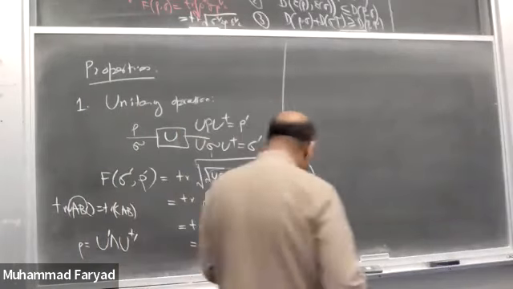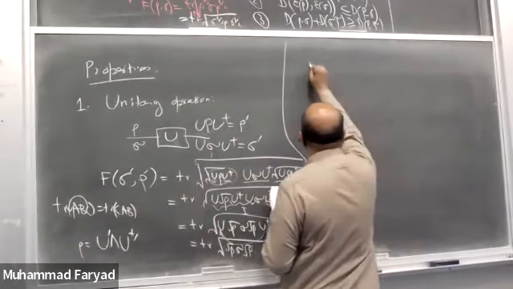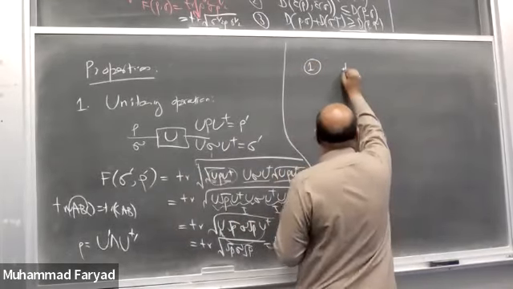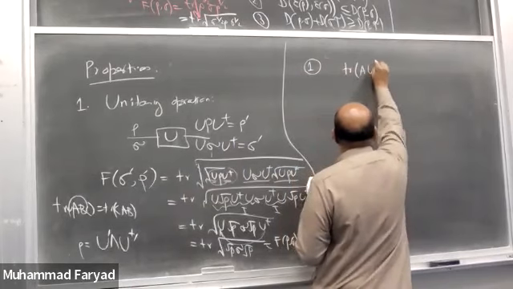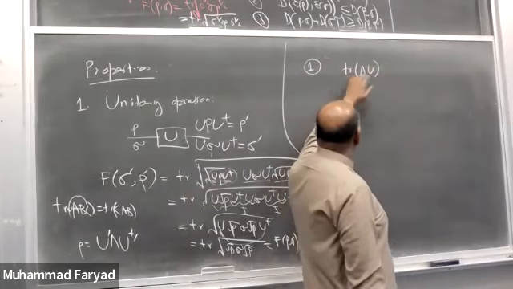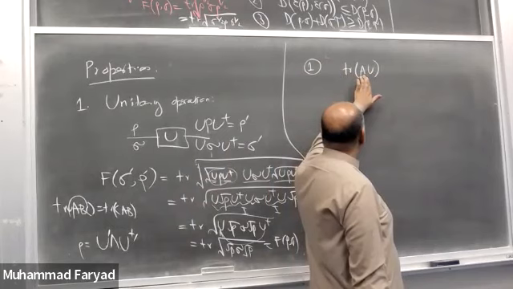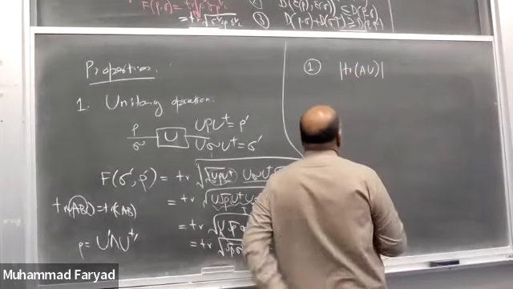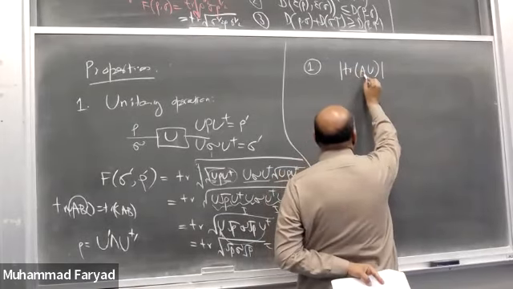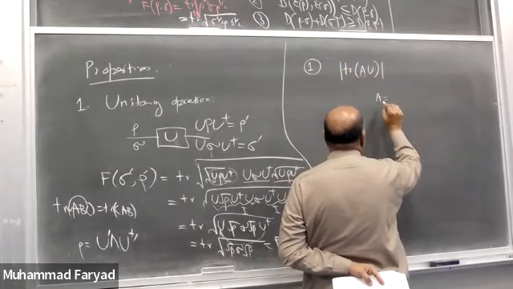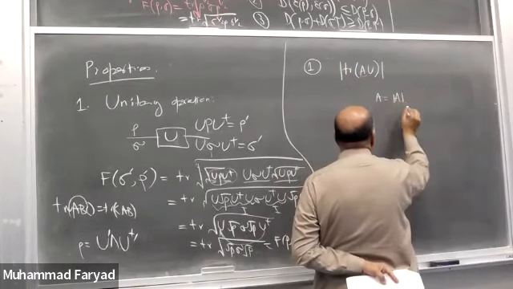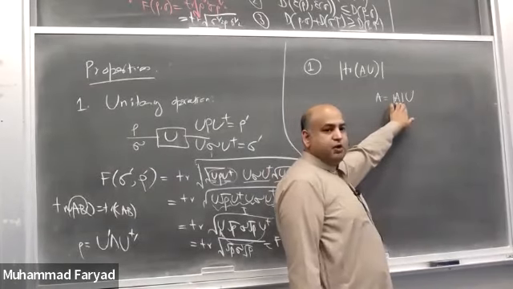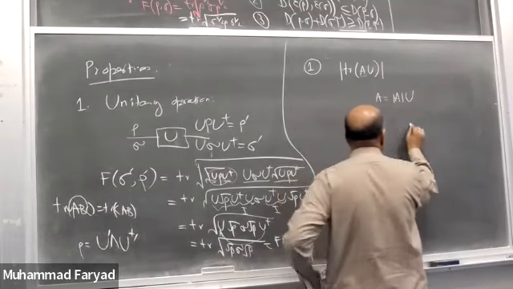अच्छा, इस theorem से पहले I need a couple of results. So let me start with result number 1 that I will use. And let's say we have trace of some operator A times some unitary and its modulus. And this operator A, any general operator A, can always be written as in a polar decomposition form like this, where this A is a positive operator defined as